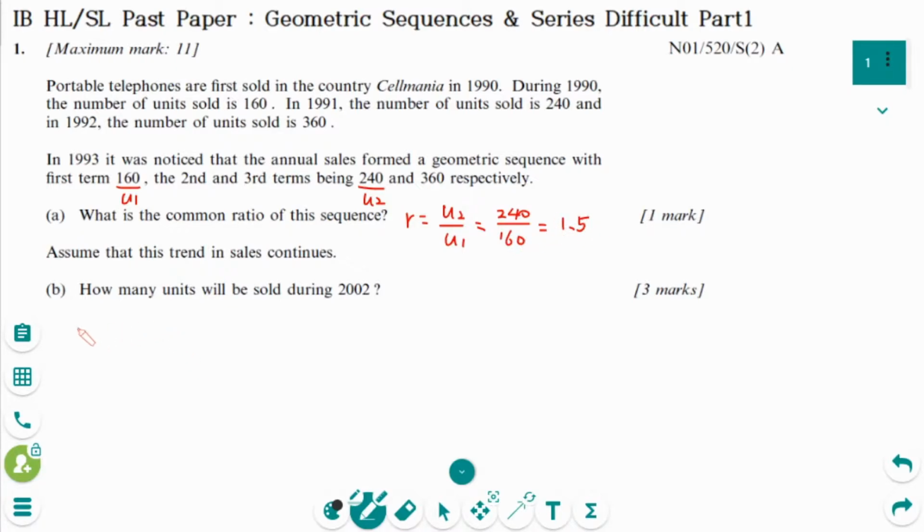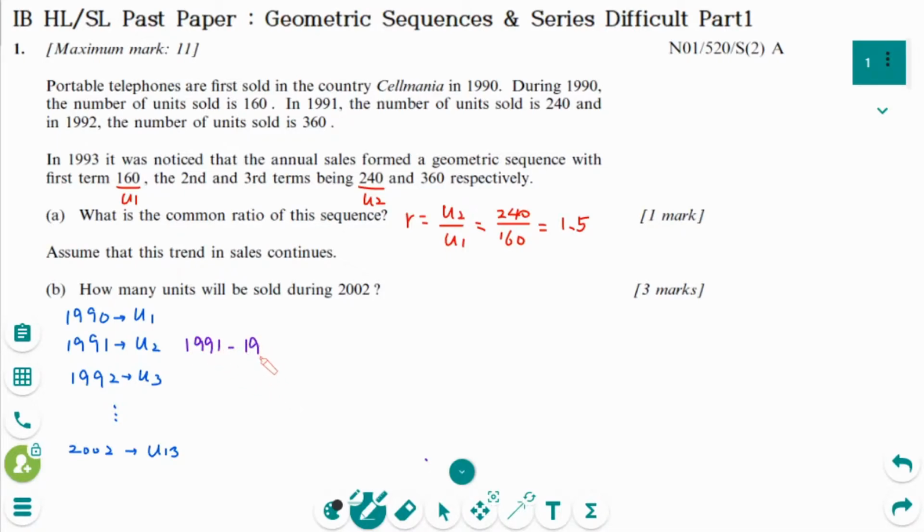Number B, in 1990 is U1, 1991 is U2, 1992 is U3, so 2002 is U13. If you are confused about number of terms,